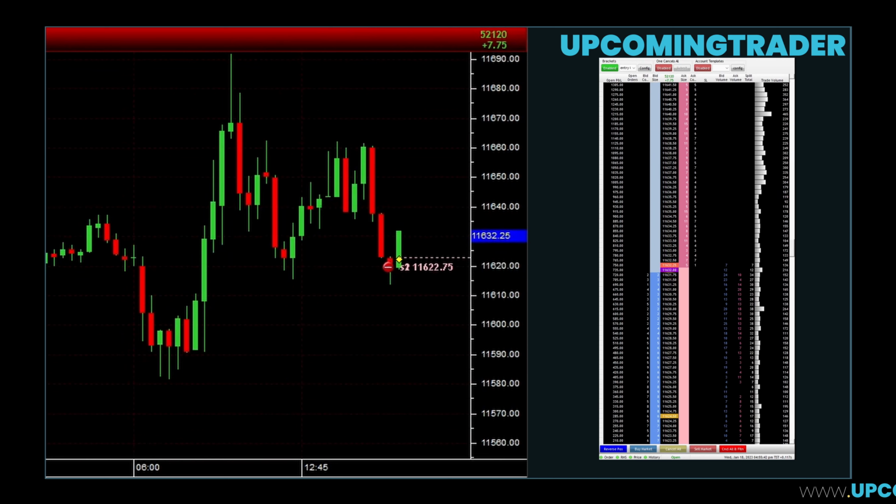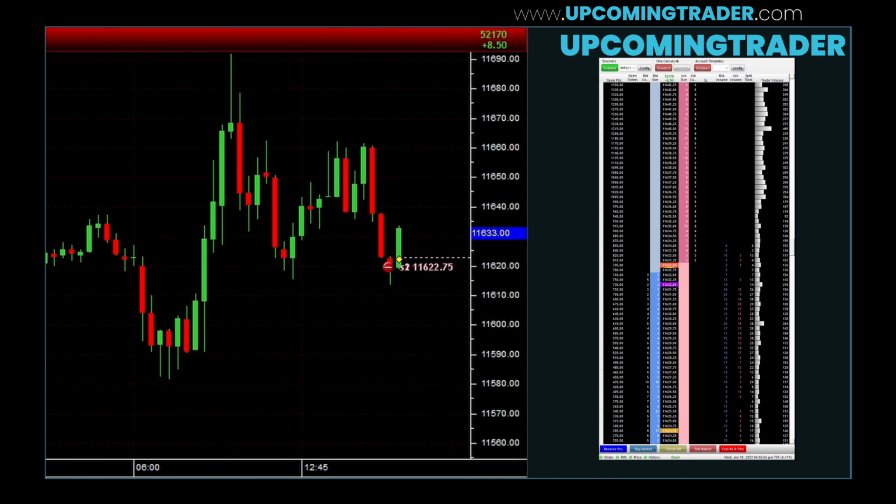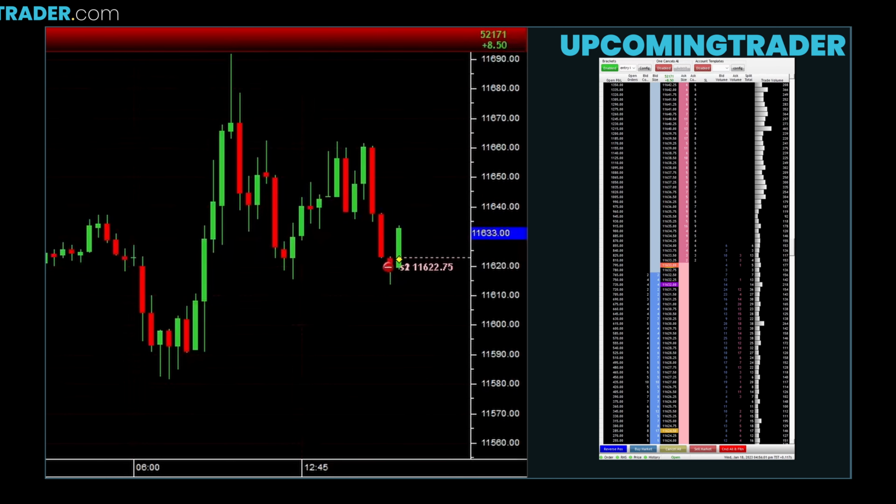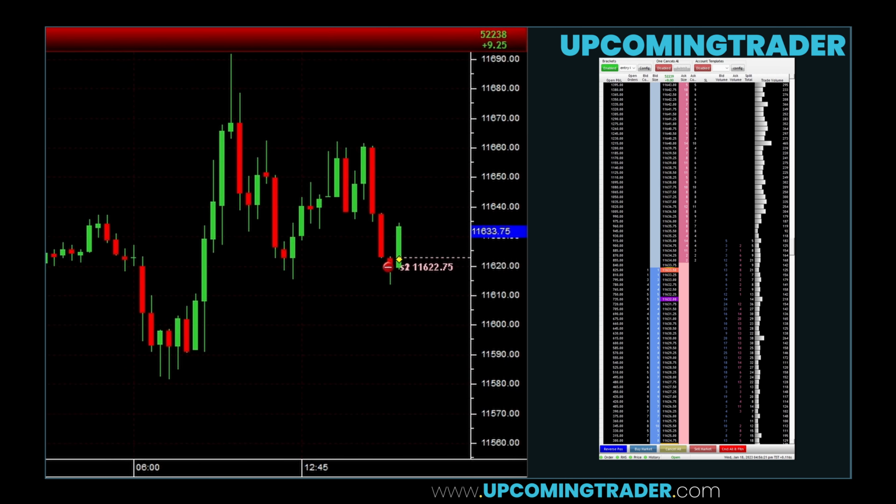We also have the P-shape and B-shape profiles. A P-shape profile indicates that there was a strong rally followed by consolidation. This often happens after a bullish breakout, and traders look for potential continuation of the trend or a pullback to key levels. Conversely, a B-shaped profile suggests a sell-off followed by consolidation, which is often indicative of potential accumulation by buyers at lower prices. Recognizing these shapes can help you understand whether the market is in an accumulation or distribution